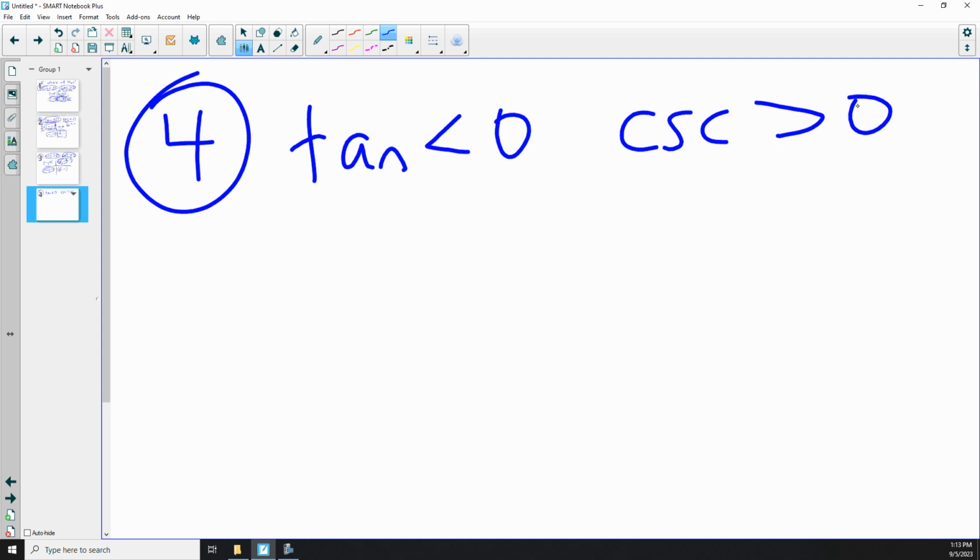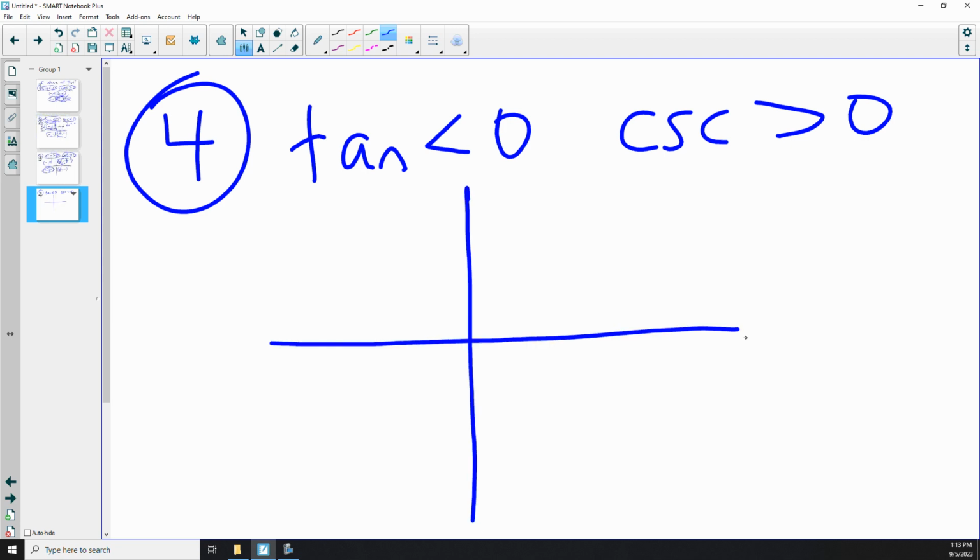Come on, everybody has to shoot me the correct fingers. Tangent is less than 0. Cosecant is greater than 0. Disaster. Y'all have to be rushing through this. You can get this wrong. Answer? Ooh,